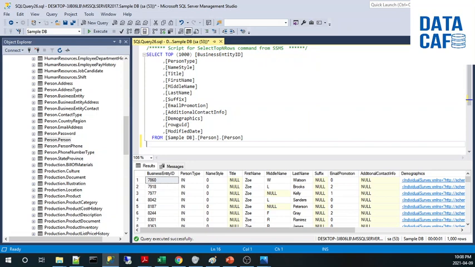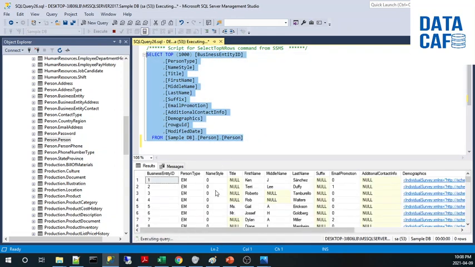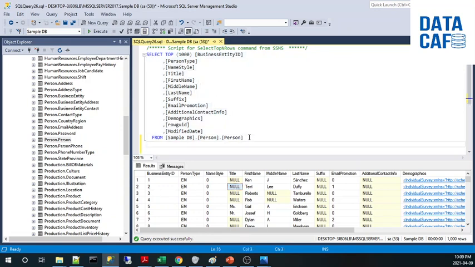So now we will see how to check the null values in the SQL table. You can see on my screen I have written a select query for the persons table. You can see in the title we have some null values and there are some values. So if you need to check the null records for the title, then you have to mention where